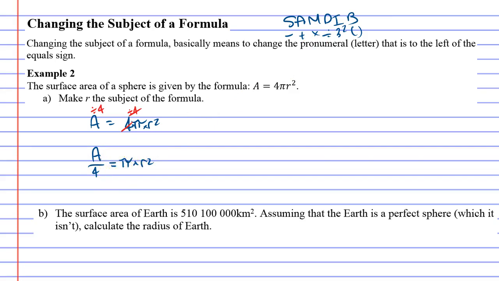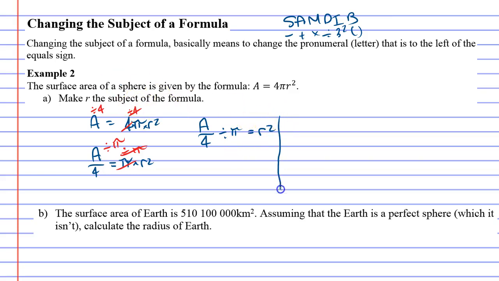Okay, so the next thing we want to do is divide by pi, which cancels out the pi, and then we get divide pi like so. Now, this doesn't really work the best because what we're going to end up with is A over 4 divided by pi equals r squared. Now, this does work, but there is an easier and a better way to do this. So, what I'll do is